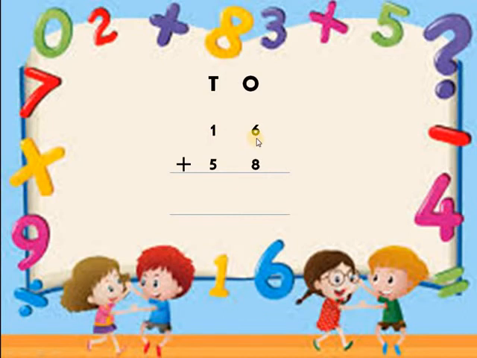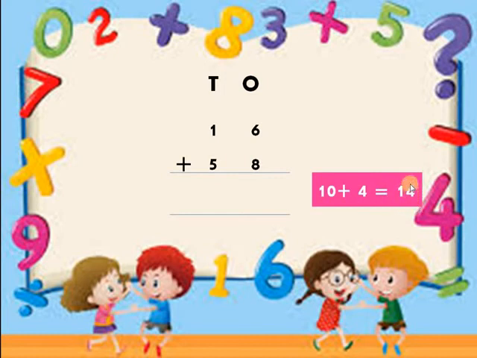Next number is 16 plus 58. They are arranged in correct place value. Ones number under ones column, tens number under tens column. Now always start from, wow, correct, ones. So you are going to add 6 plus 8 or 8 plus 6. You will get the same answer. So your answer is 14.